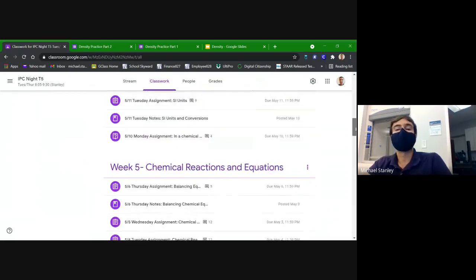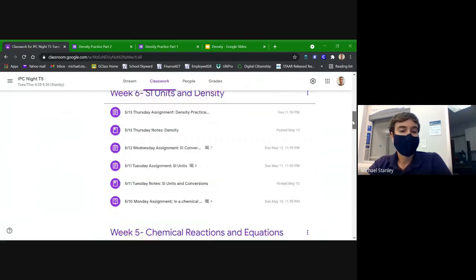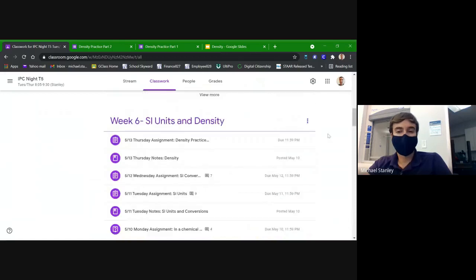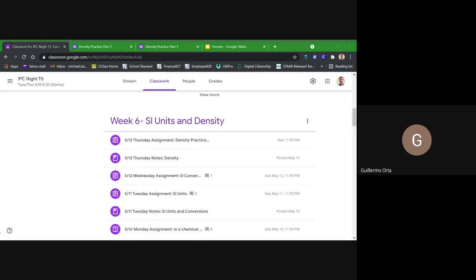All righty. Does anybody have any final questions about what density is, how to calculate it, how it's related between different matters? No, sir. I don't, but can